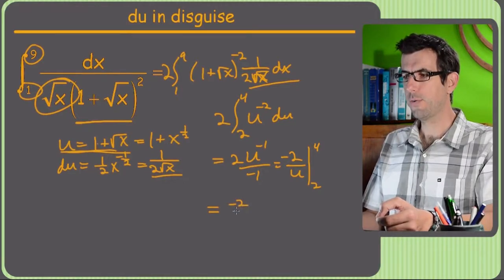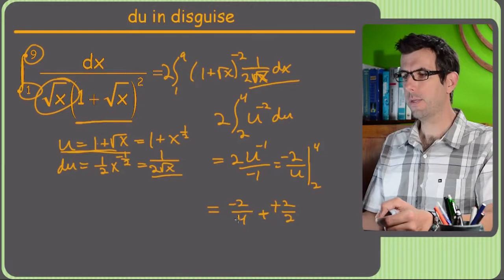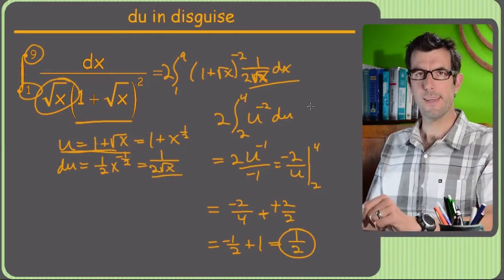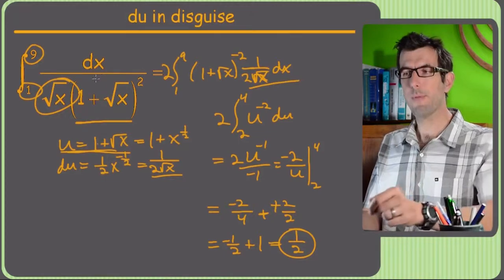So that's going to be negative 2 over our upper limit, 4, minus a negative 2 over 2. So add, so we get negative 1/2 plus 1 is just 1/2. Alright, pretty crazy, right? So the thing I just want to emphasize, the real trick to this problem was when